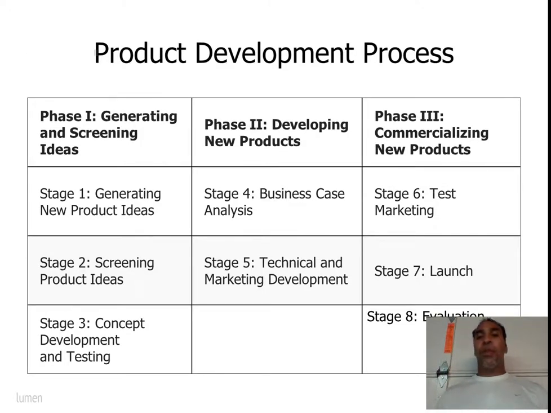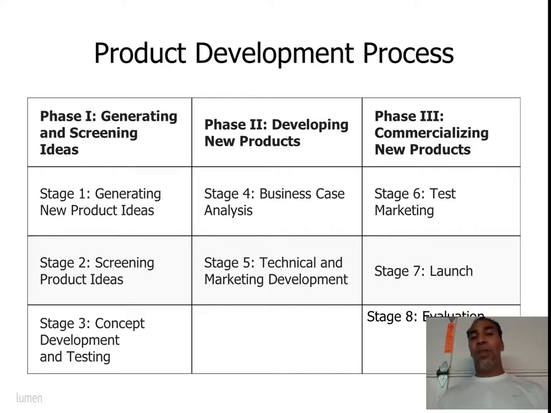Product development process. So remember I said we're going to talk a lot about products. So you're talking about product life cycle. Now we're talking about product development process. So in phase one, you want to generate and screen ideas. And you remember you brainstorm. There are no bad ideas, but then they eliminate those in the second round that aren't good ideas. So stage one, generate new product ideas. Stage two, screen those ideas. That's when you get rid of all the bad ones, like Demetrius, your idea was terrible. Let's throw that out. Concept development and testing in stage three.